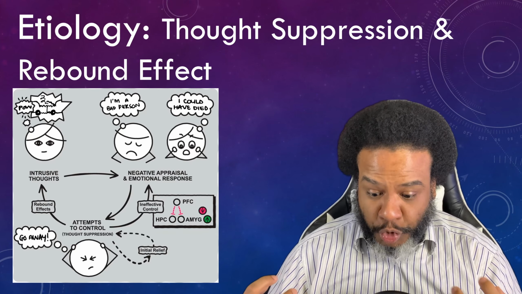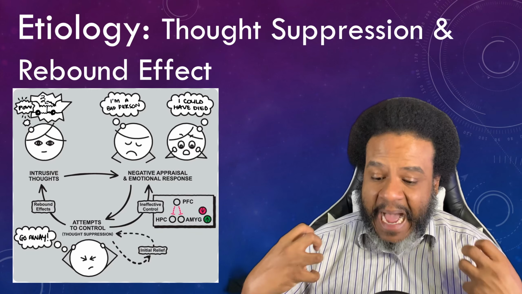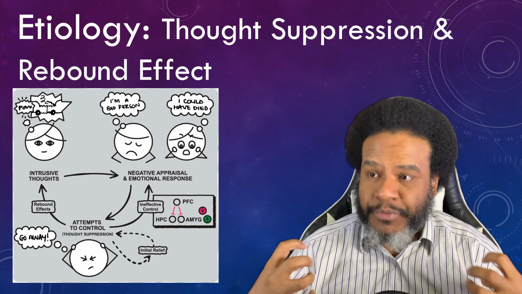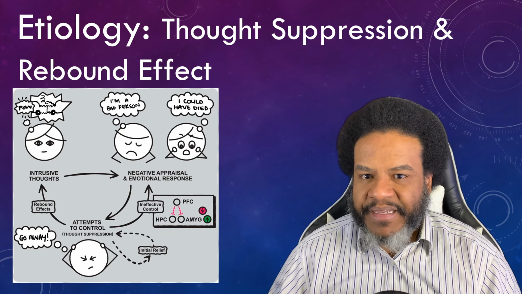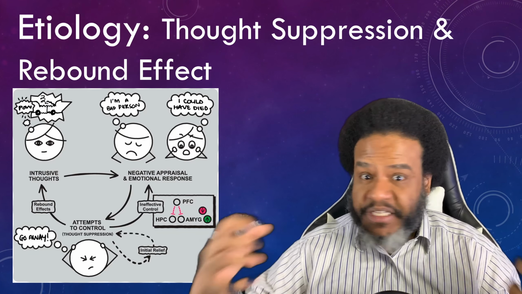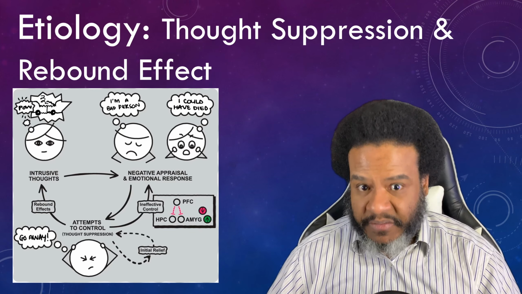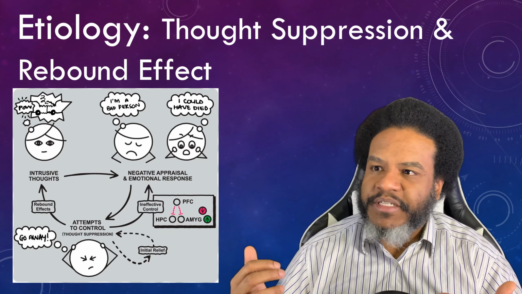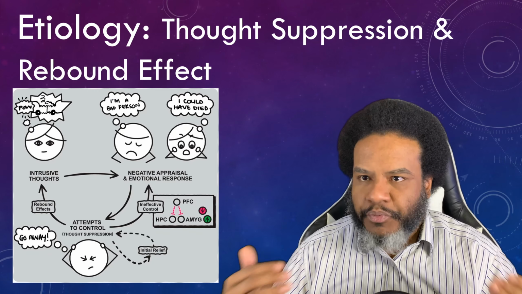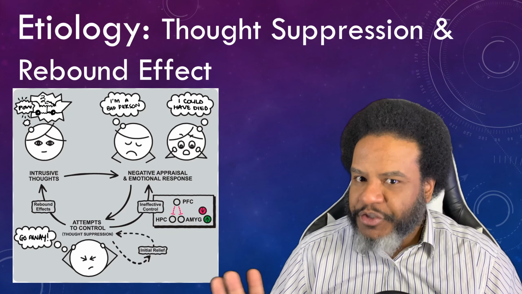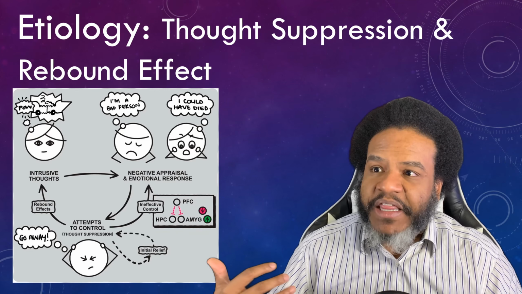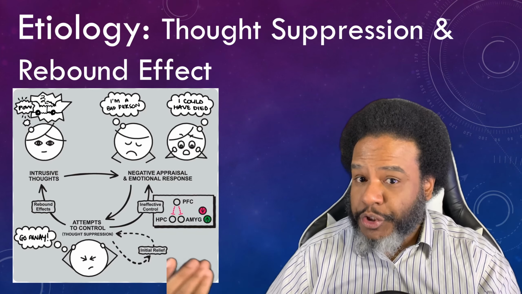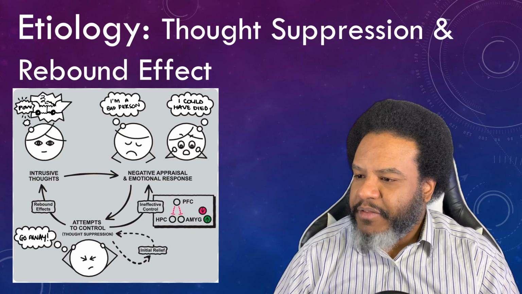And then there's this larger pull that I should be able to control my thoughts and I should be able to get myself out of this compulsion here. But all these things are conflicting, and this can cause a lot of issues. One thing that people have been led to believe or might think about OCD is that someone should just suppress these intrusive thoughts. Researchers have looked into this. They found that thought suppression isn't as easy as it sounds, and this is due to the rebound effect. So let's talk about that for a second.